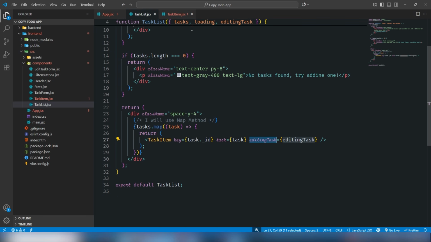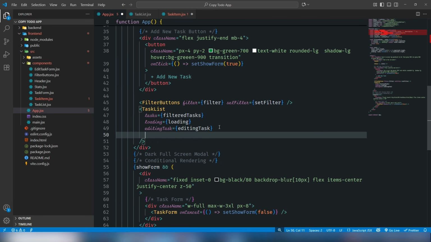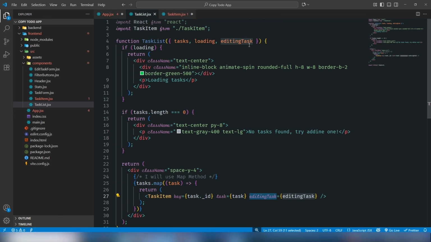So yeah, loading task loading, and yeah, I need to pass it as a prop. Where is on cancel? Not this one. The setEditingTask. I need to use setEditing. Just copy it and move on there,